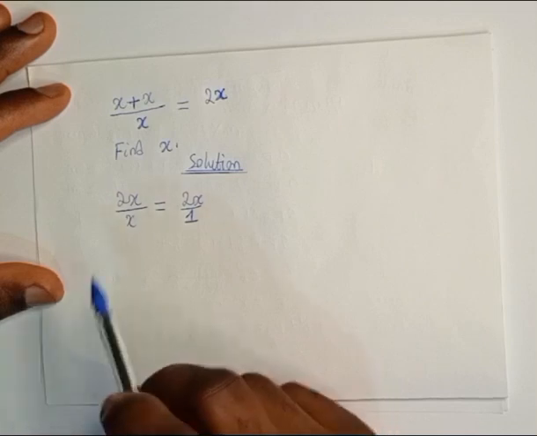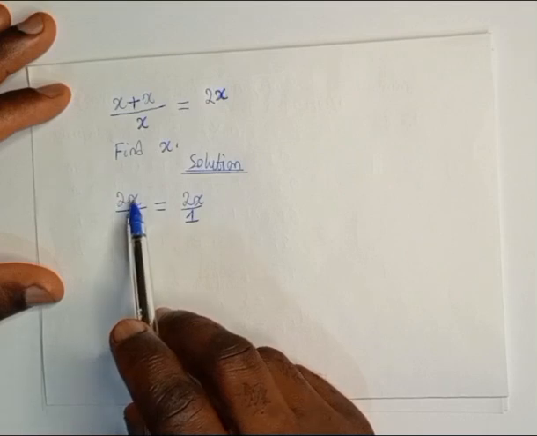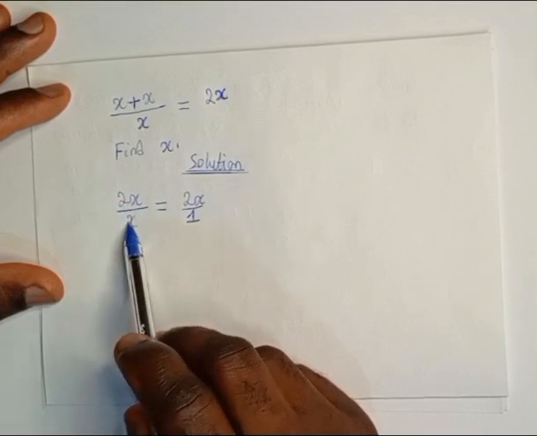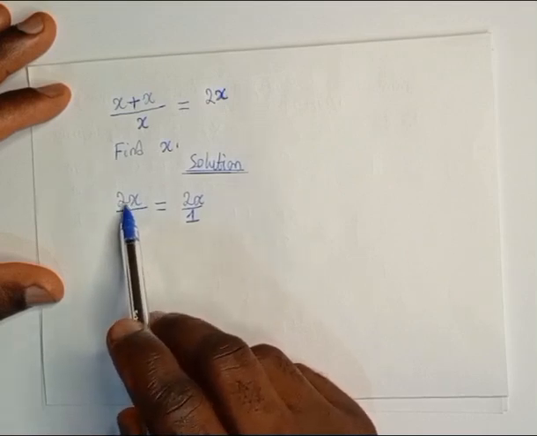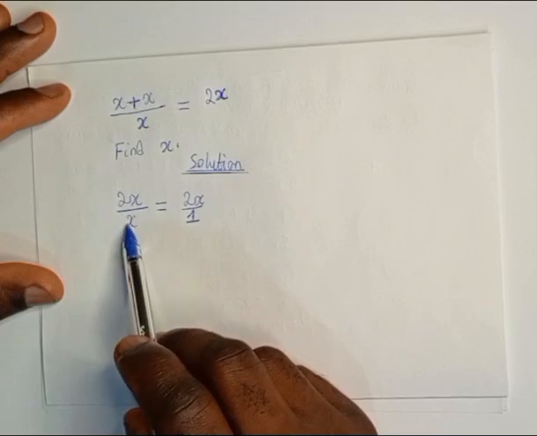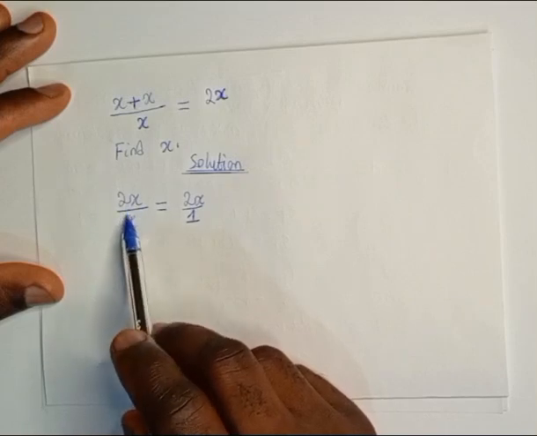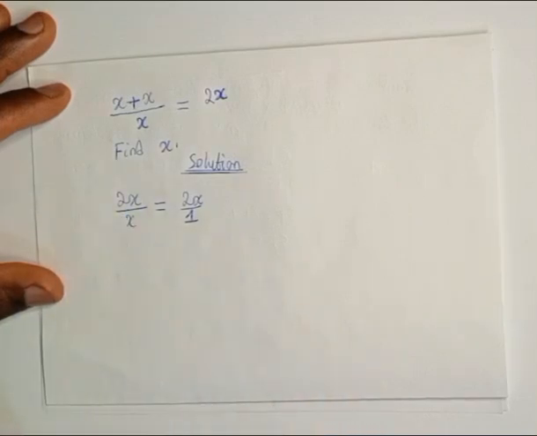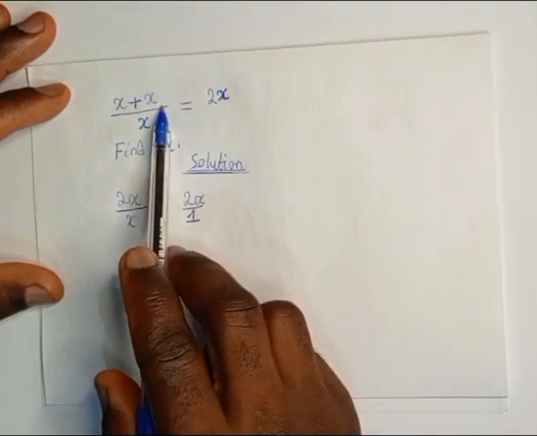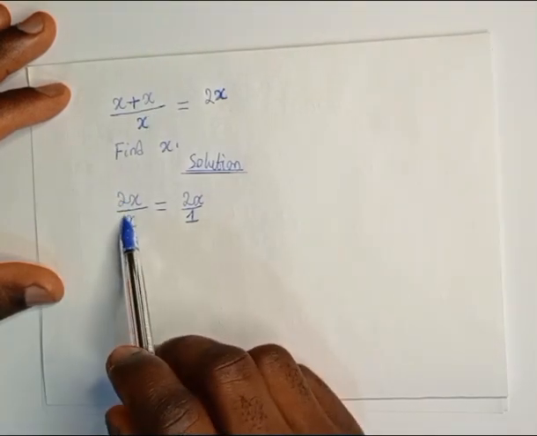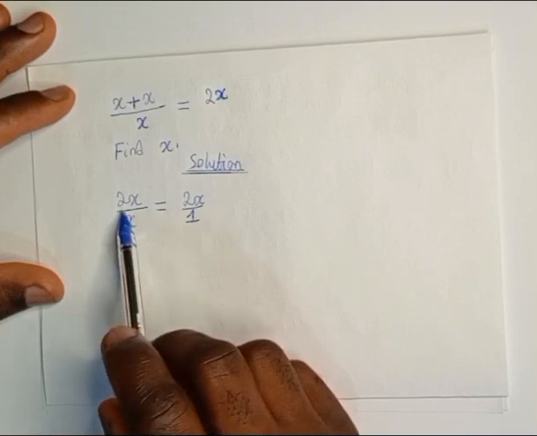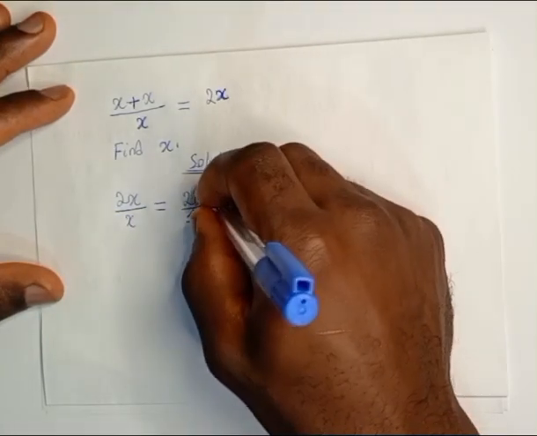I know some of you will be tempted to say at this level 2x over x can be further simplified by saying 2x divided by x gives 2. If you do something as such, you will eliminate one of the solutions of this given problem. So you avoid performing any division. At this stage, you perform the cross multiplication, then